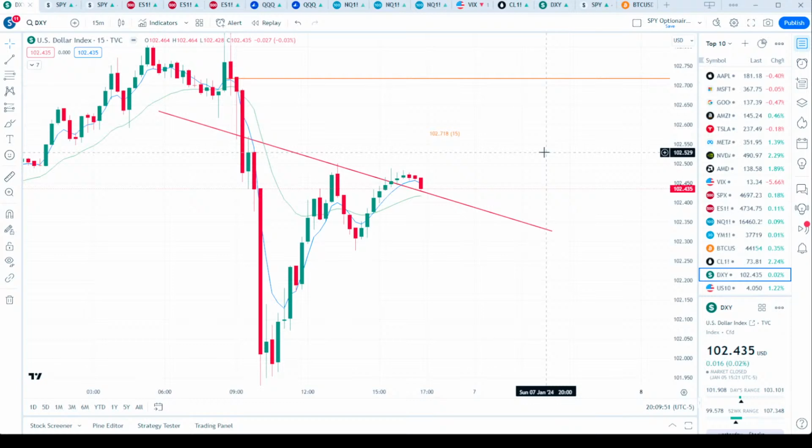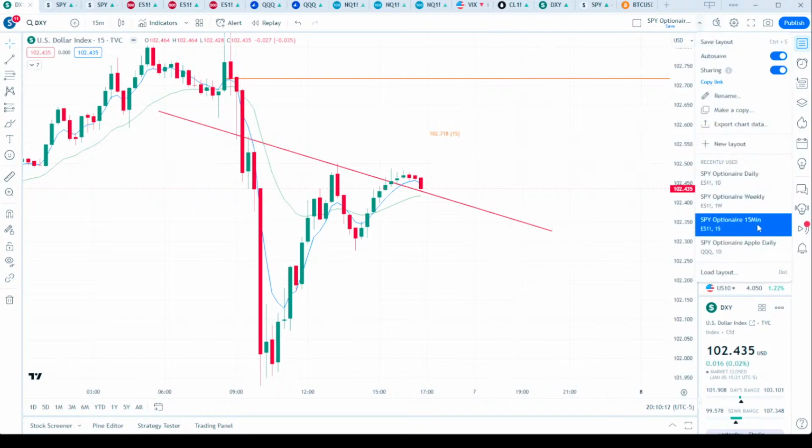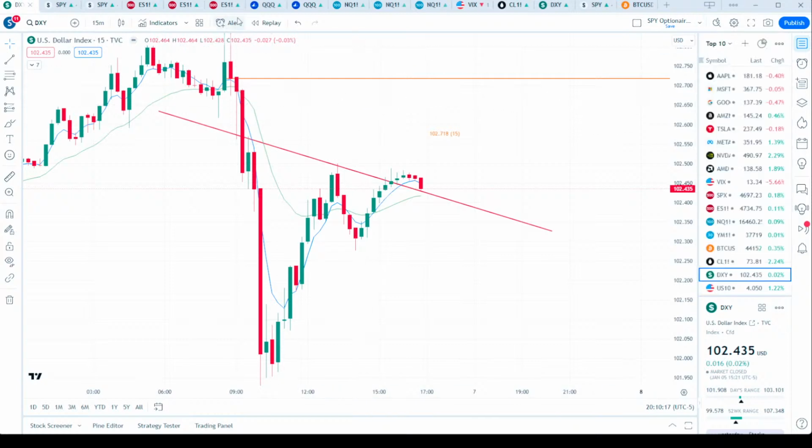Because if you are someone like me that trades off the 1, the 5, and the 15 minute, I have 3 different windows put up that I'm watching on Thinkorswim at a time to do that. But if you were going to be bouncing back and forth, you have to set up a layout for that time frame that you want to trade. So that's why you see on here, I have my 15 minute, my daily, and my weekly, because let's go